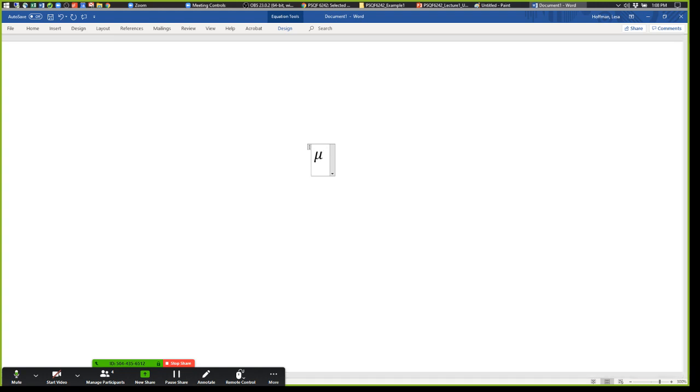So yeah, I'll do it again. Ready? Slash, mu, and then space, and it jumps in. Now, if I want to add subscripts, like we're going to have subscripts that say whether or not it's a variable or a constant. If it's a variable, it's going to get an i for individual specific. That is shift and then underscore, the one next to 0. If you do that and hit an i and then hit the space bar, it jumps in.